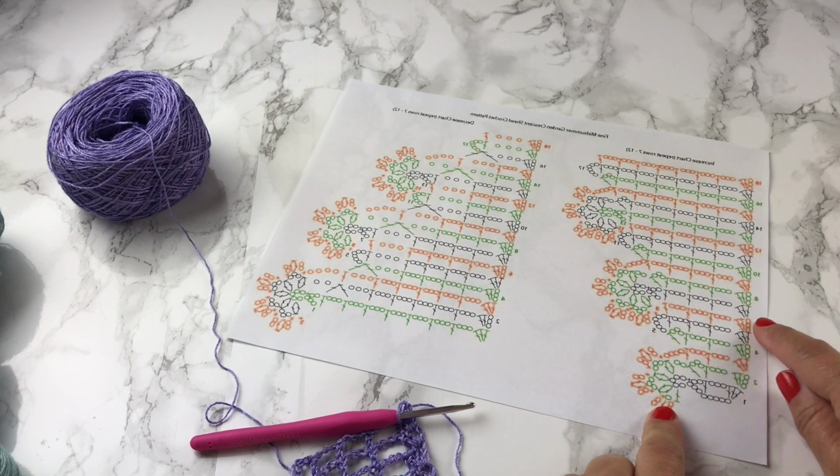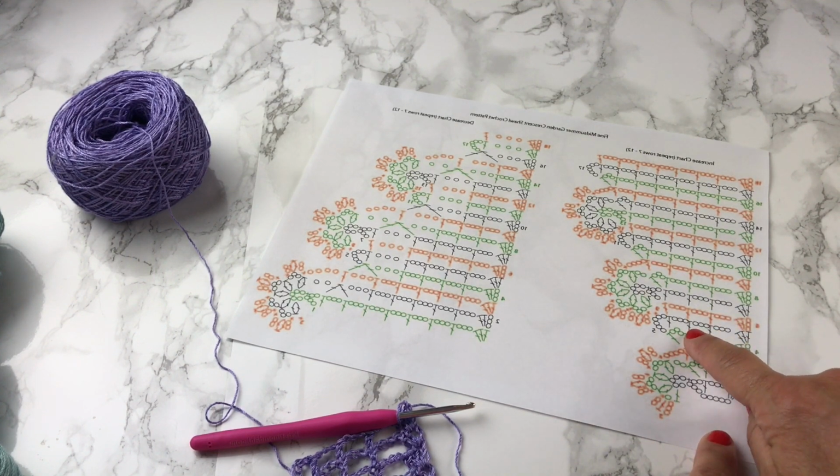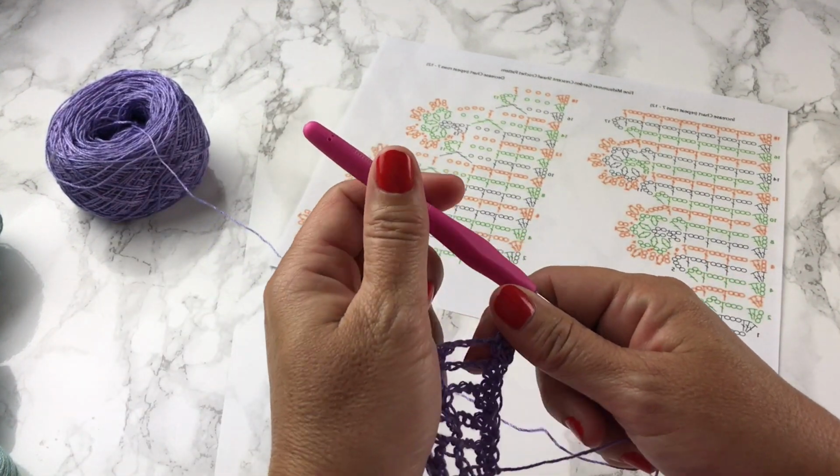Row 6 begins with a chain 3 and 2 double crochets all into the first stitch. We're going to chain 3, skip 2 double crochets, double crochet in the next, chain 3, double crochet in the next double crochet, chain 3, and double crochet in the next double crochet. And that's all we do for row 6. So let's grab our yarn,